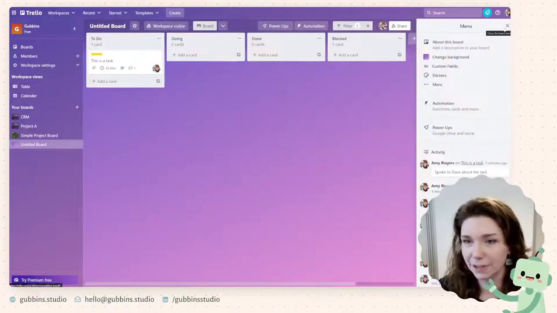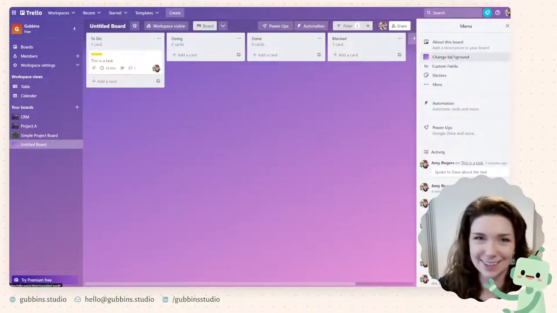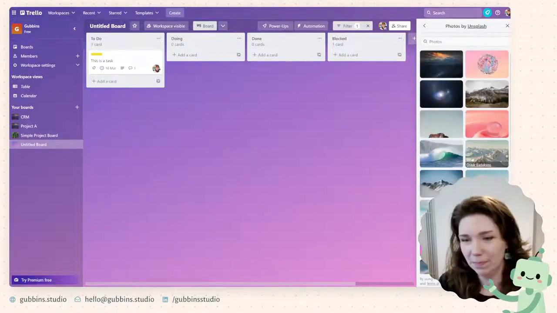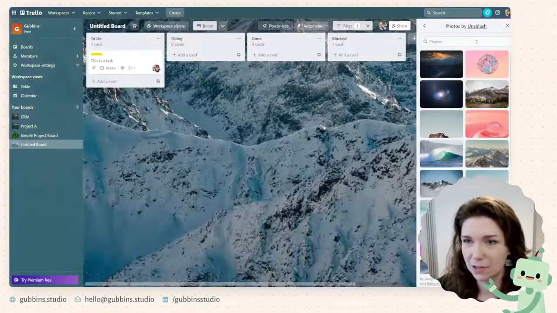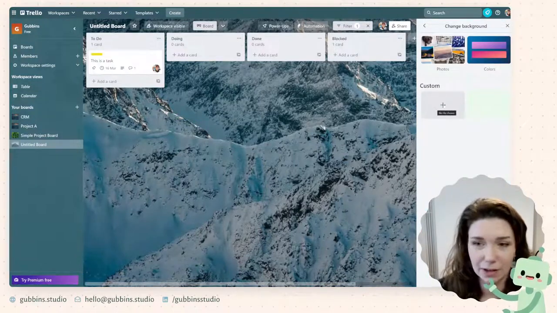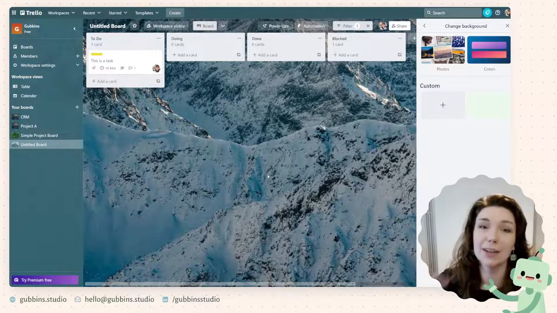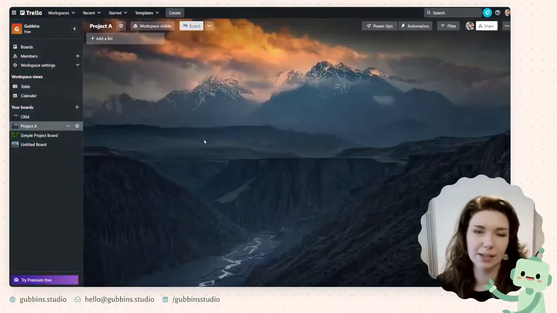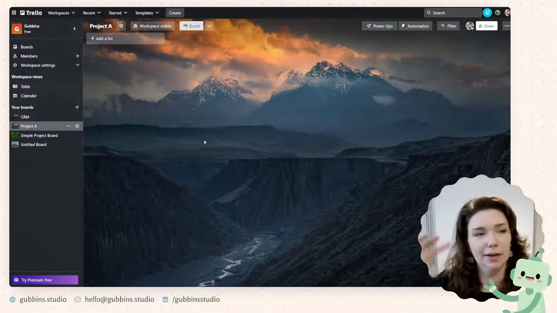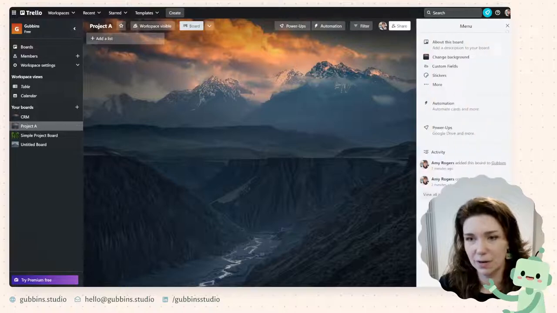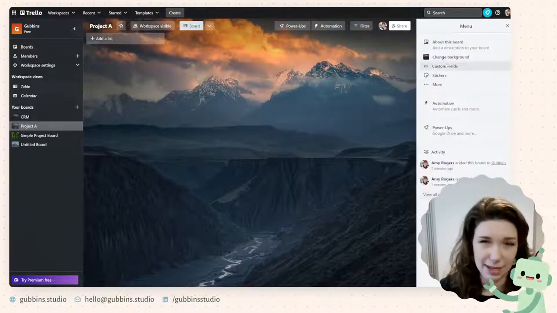And then other features. Just one more thing to cover. You can on Trello change the background to any of their pre-loaded stock photos, or if I wanted to upload a custom file, I could do that here. So you could have it in your brand colors. Like if this was for a particular client who had a particular brand, you could use the customization in Trello to make it feel like their space. I think that's always quite nice.